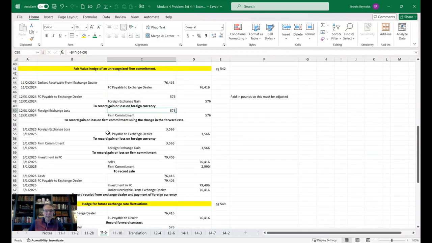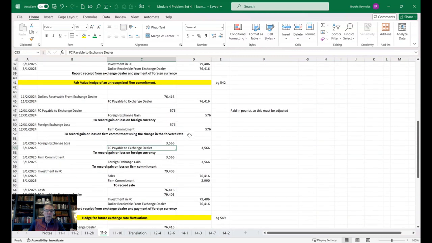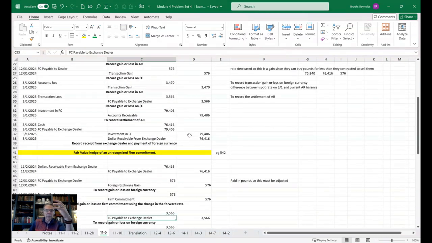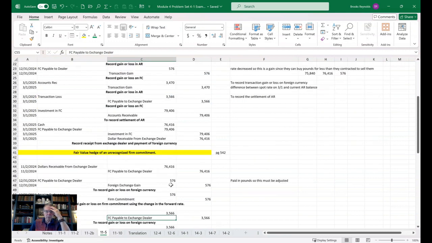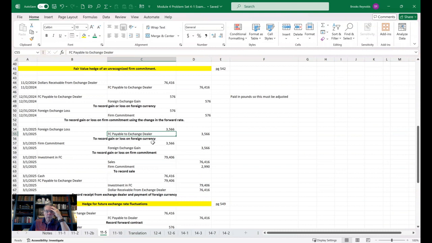And now we've come to the end and we've got the payable to the dealer again. So we are going to pay them 48,000 pounds because the exchange rate has changed and gone up. Our payable increased, so we make that same adjustment that we did before. Same thing with a firm commitment. That's the 48,000 pounds as well. So the investment, so we get the 48,000 pounds,